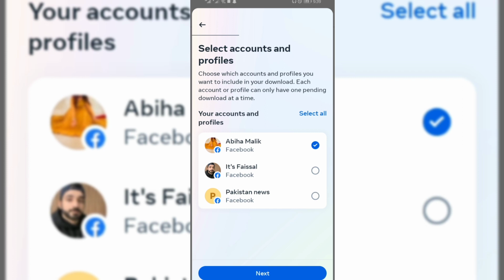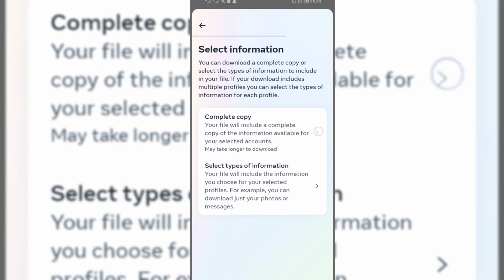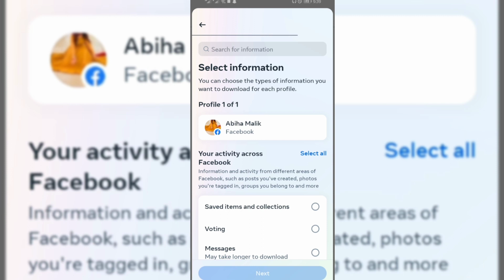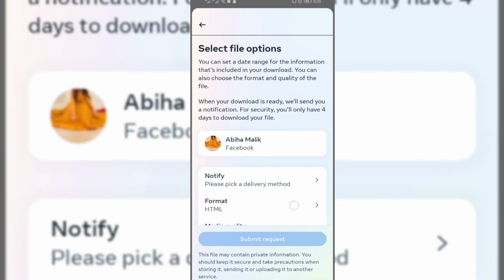select one of your profile, and if you want to download the complete copy just tap right here, but we want to download the messenger conversation, so just tap on select types of information, and here you can see the different options, but we are going to tap on messages, tap on next, and